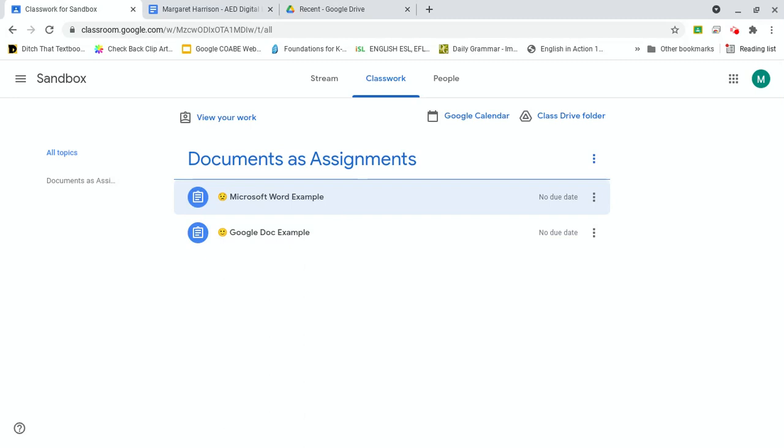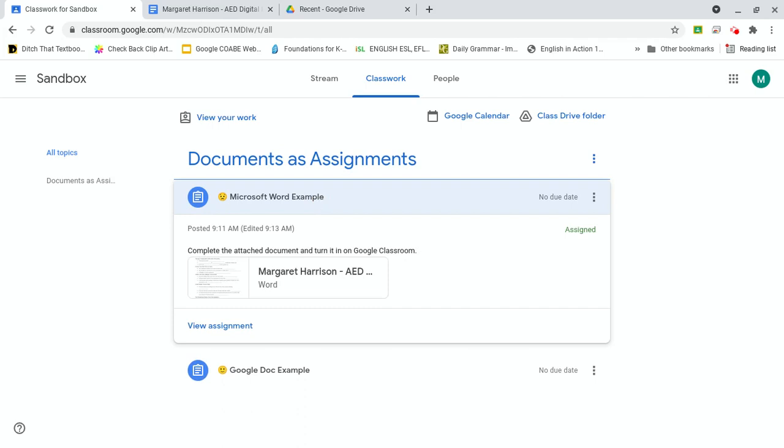On the teacher end in Google Classroom, the teacher attached this Microsoft Word document to the assignment and selected the Make a Copy for Each Student option. I'm in Google Classroom as a student. When I go to the attachment